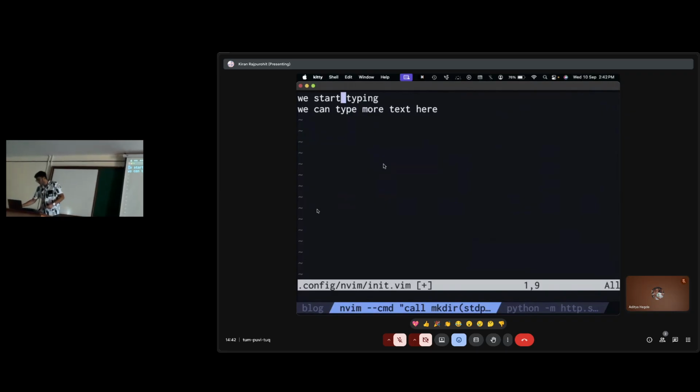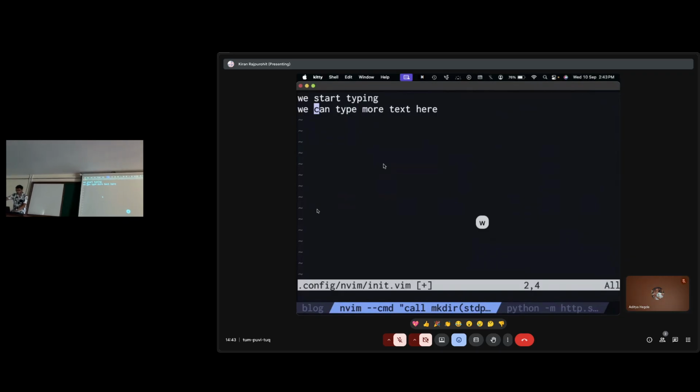If you press 0, no matter where you are, you move to the start of the line. If you press shift 4, the dollar sign, you move to the end of the line. And there's also one more, word. Remember we were trying to insert W and E before? If you press W, you move forward by entire words, and position the cursor at the start of the word. If you want to move back by words, you press B.